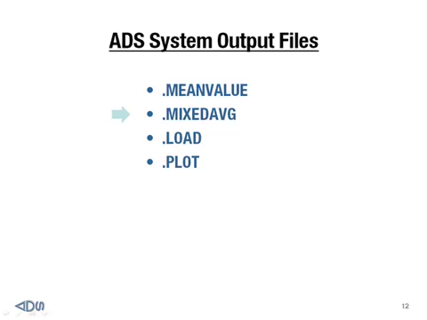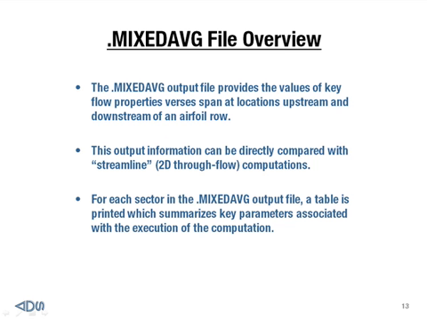Now moving on, we will now discuss the mixed average file. An overview of the mixed average file. Again, this file provides the key flow parameters at the upstream and downstream locations. But instead of the mean line or mass average values, this file outputs the radial profiles or 2D profiles at